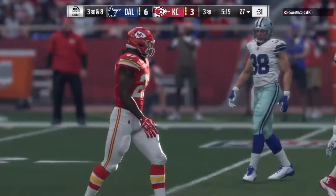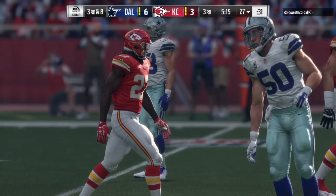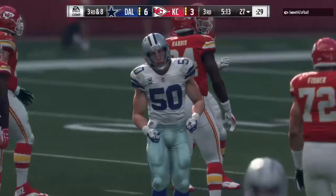Sometimes with the running game, you've just got to stick with it. Look, it's the 3rd quarter, no time to panic. But that also doesn't